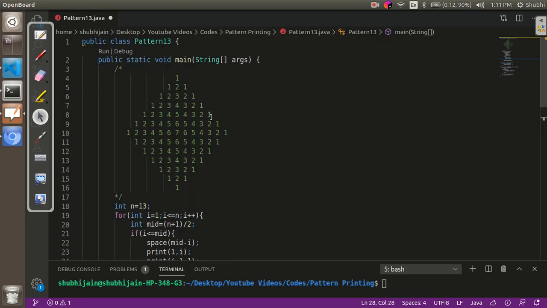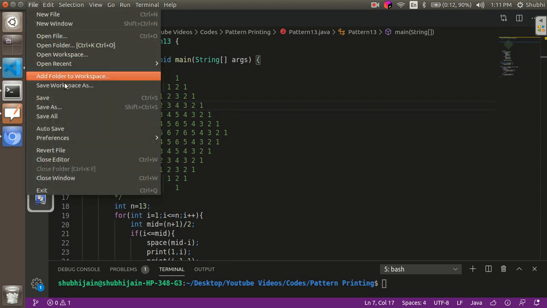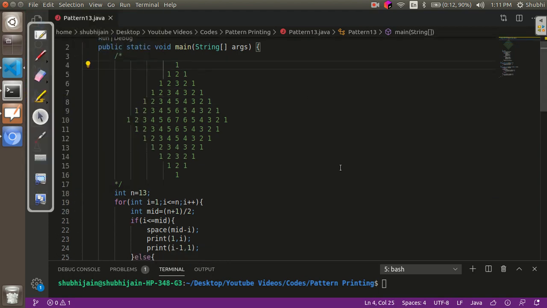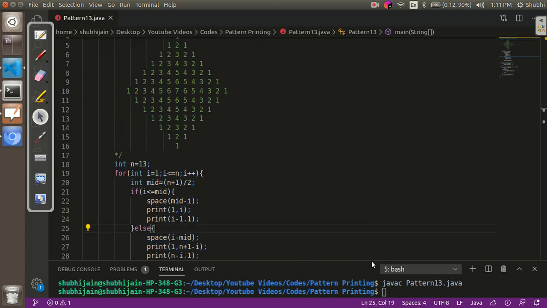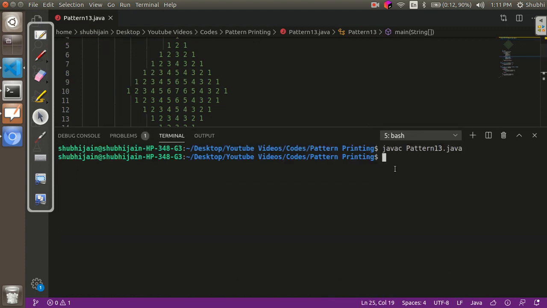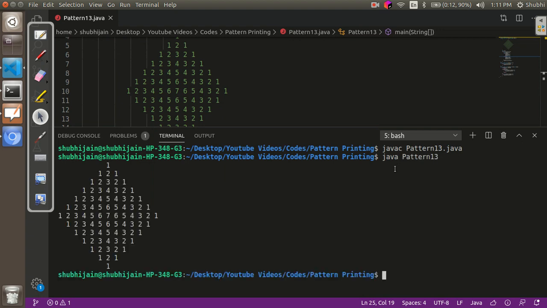So let's see if this code works. See, our pattern has been printed.